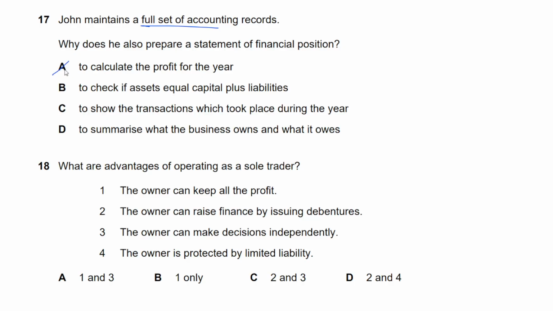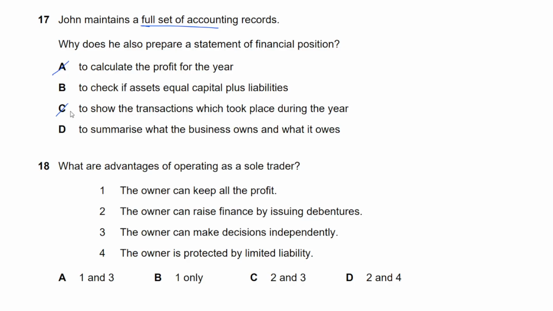Okay. To show the transactions which took place during the year. Not really. This is totally wrong. To summarize what the business owns and what it owes. So, D seems to be a better option, although B and D are pretty close, but that's not necessarily the whole goal of